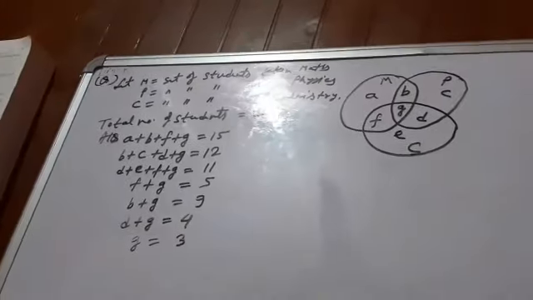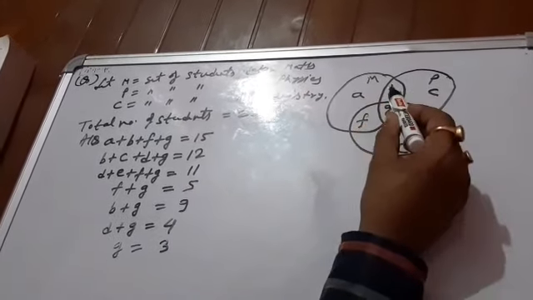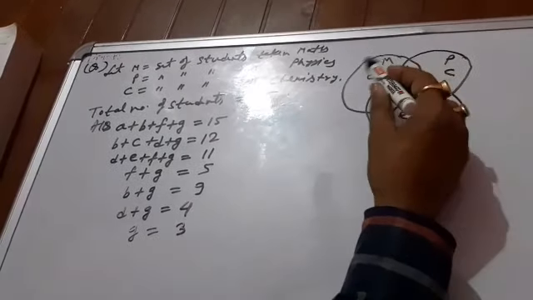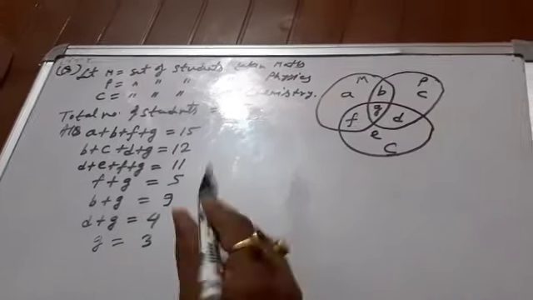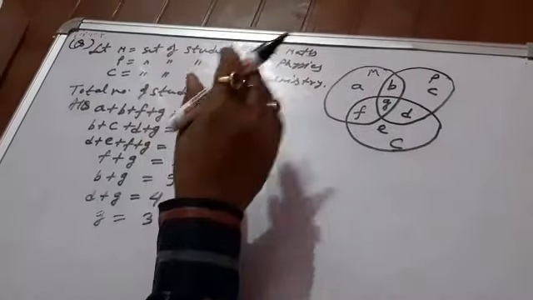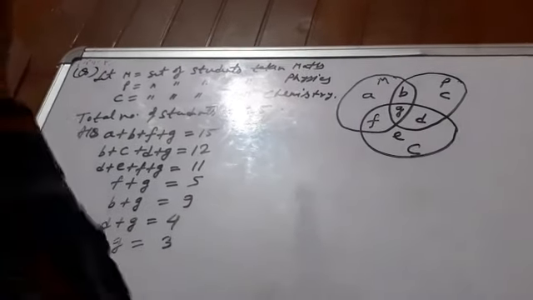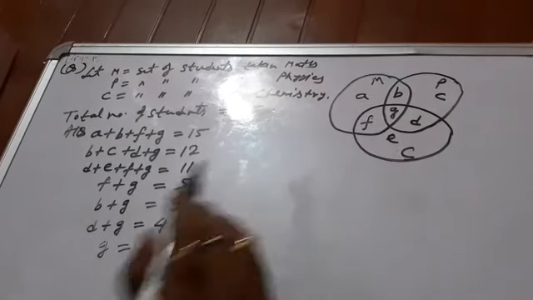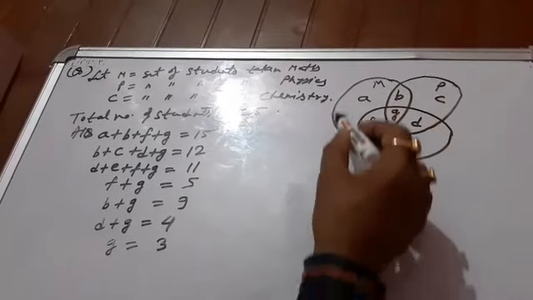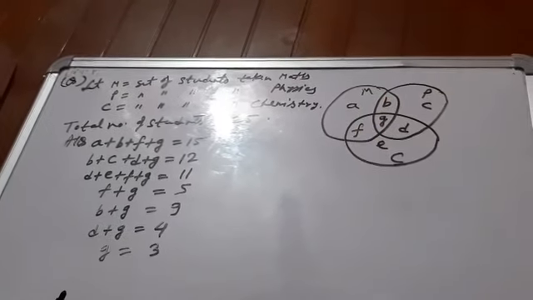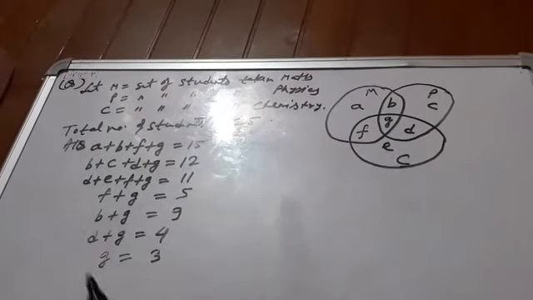Now, your main duty is to find out separately all the terms A, B, C, D. If you get these values out of A, B, C, D, E, F, G, then very easily you can solve any of the terms given here. Whatsoever the question is, you can very easily calculate that. So now you are going to find out the separate value of each of these portions. Now let us see how to find.